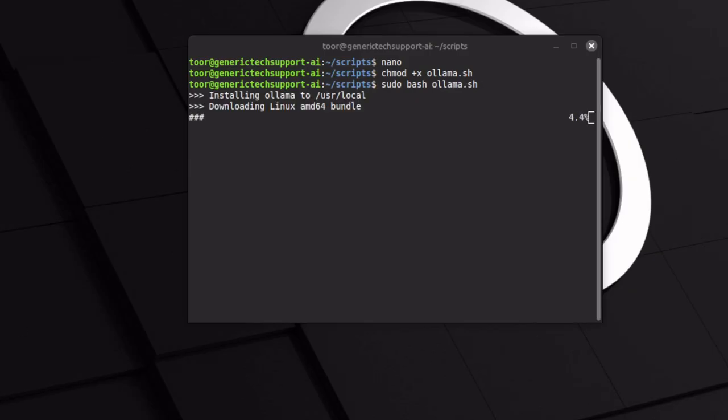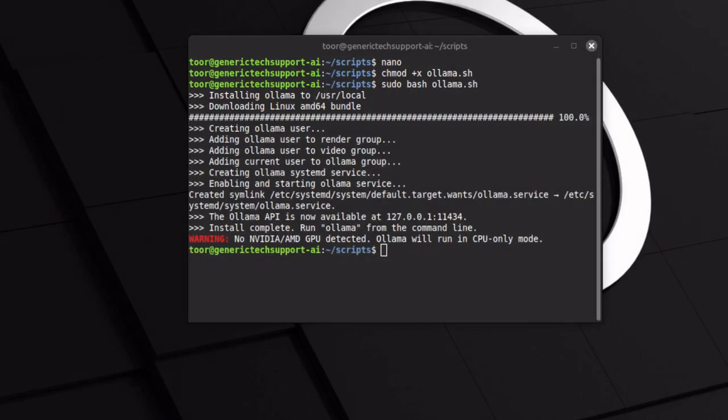This configuration may take some time to complete. At this point, my installation is completed. You'll note that I do have a warning that no NVIDIA or AMD GPU were detected. On this particular system, again, I'm on a VM, but keep in mind that if you get this and you